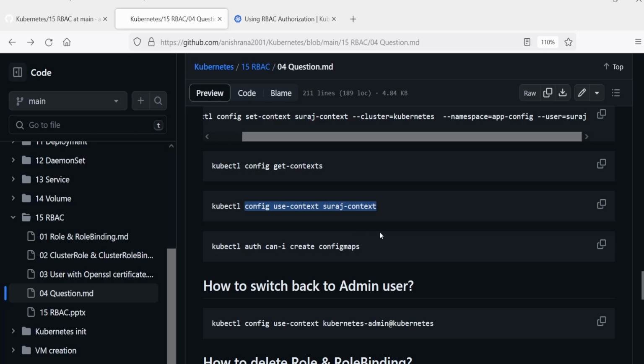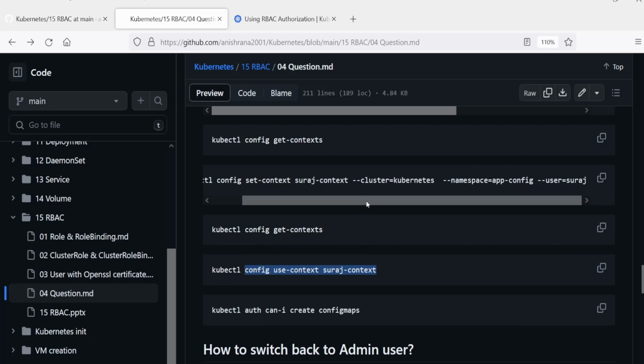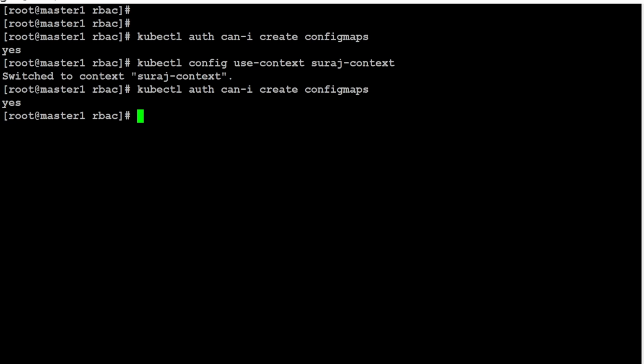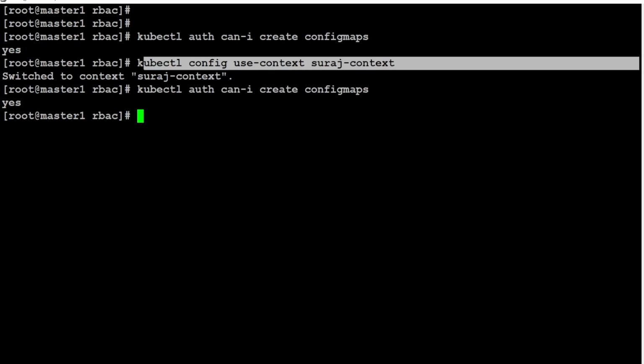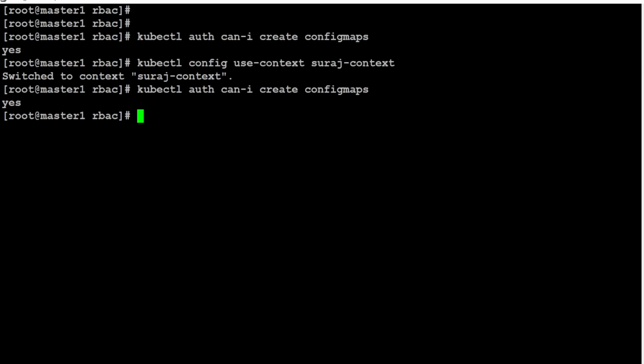It means that for this certificate we have created a separate dedicated context. So whenever Suraj is logging into the Kubernetes cluster, it always uses this context. And whatever we have defined for Suraj, it can execute only those commands.